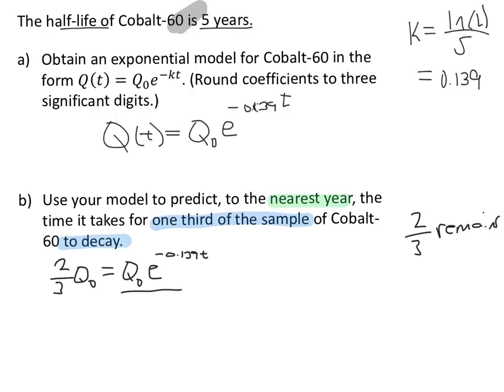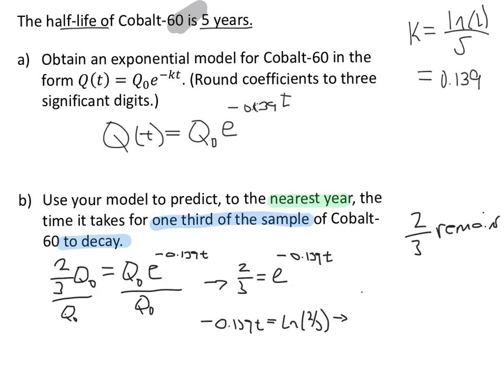If we divide both sides by Q sub 0, we will have 2/3 equals e to the negative 0.139 t. And because this is an e, when we convert it to logarithm form, we'll have negative 0.139 t equals the natural log of 2/3,